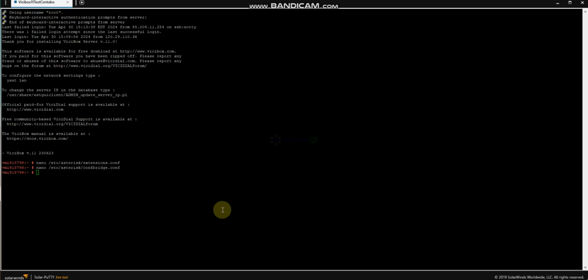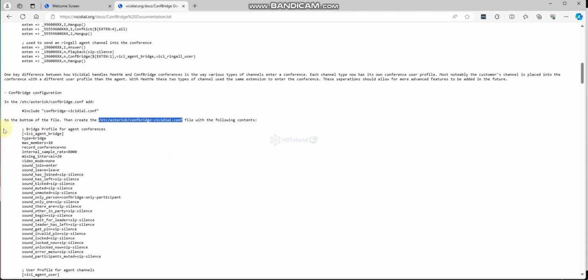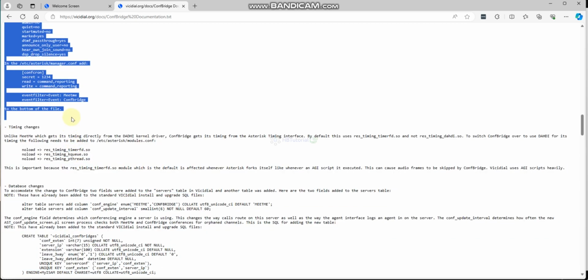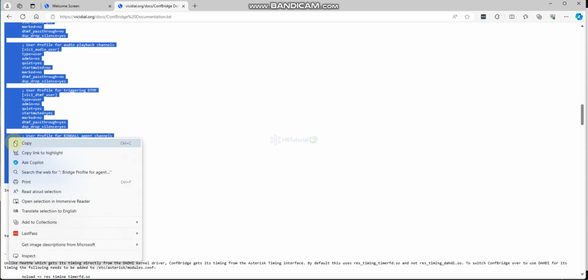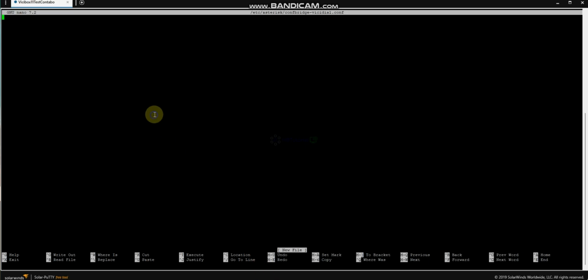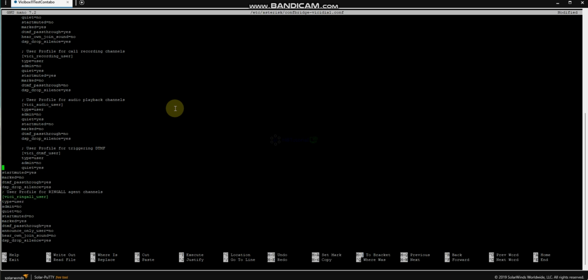Enter, and then go back. You need to copy the following again. Go back and paste. Once again, I need to remove the extra space so that it looks clean.